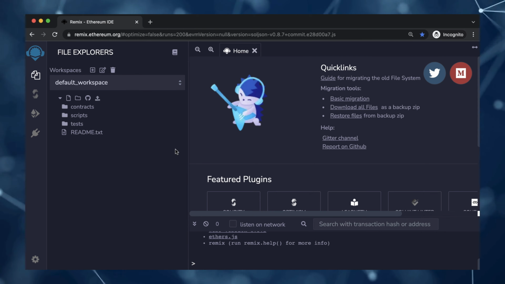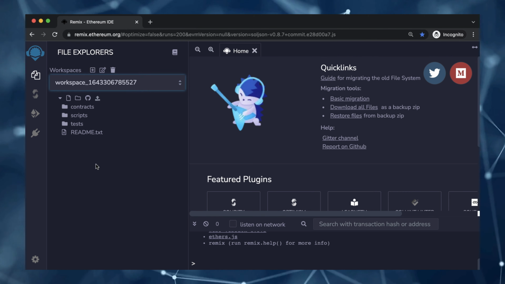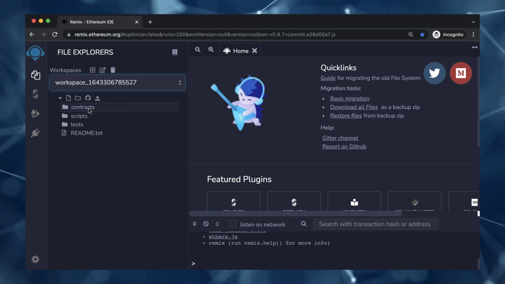Now, on the left right here, you're going to notice workspaces. You can think of a workspace essentially as a project in Remix. So we can go ahead and create a new workspace now. And whenever we do, we can see that it pops up right here as a new item in the menu. This menu is just how you switch between your workspaces. Pretty simple. A new workspace is going to come with a very basic project structure, and that includes your